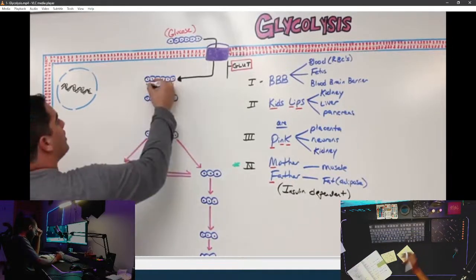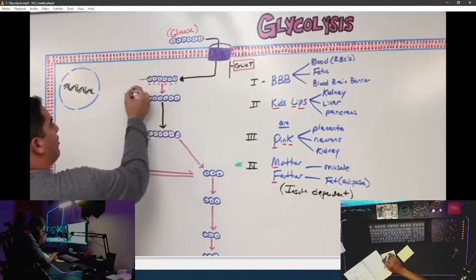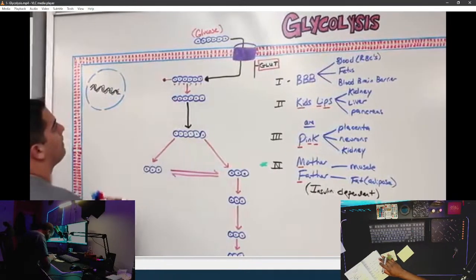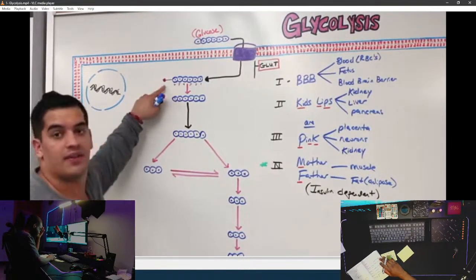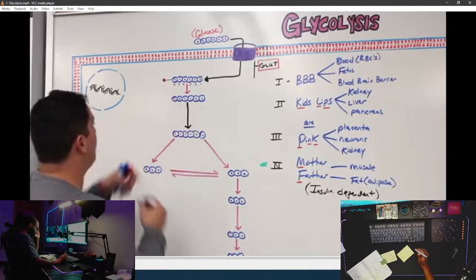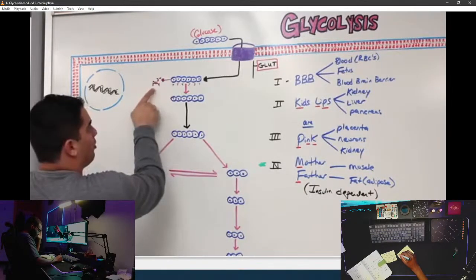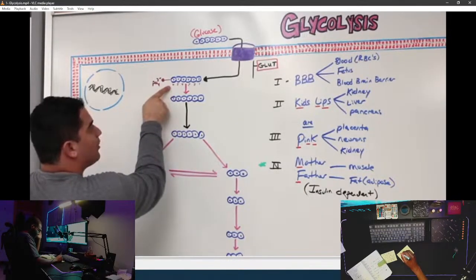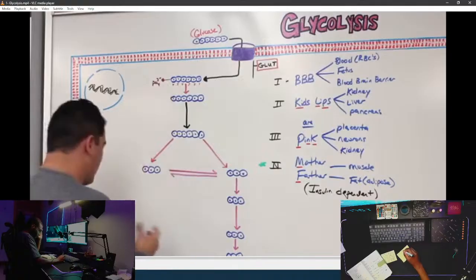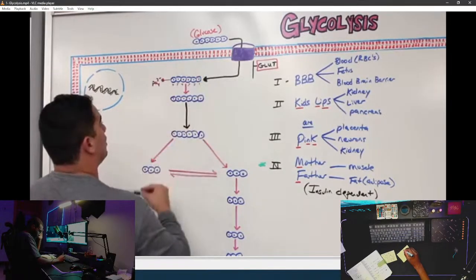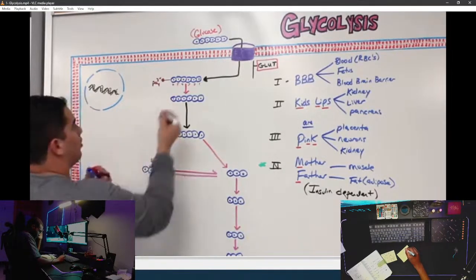Okay? And on the 6th carbon, I have a special thing coming off. Look at that. That right there is a phosphate. So what did I just put here? I put on here a PO4 3 negative group. Right, that's our phosphate. We put phosphate on the 6th carbon of glucose. So what is it going to be called? This was glucose. There's a phosphate on the 6th carbon of glucose. This must be glucose 6